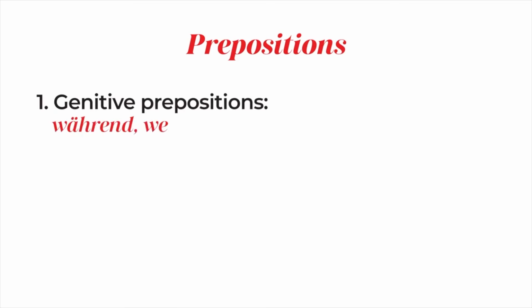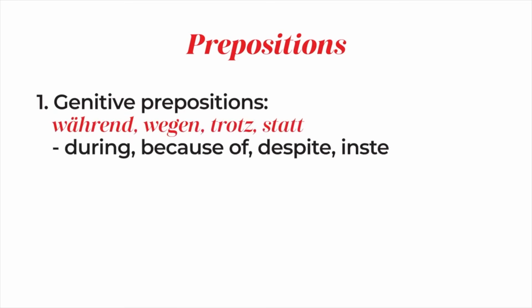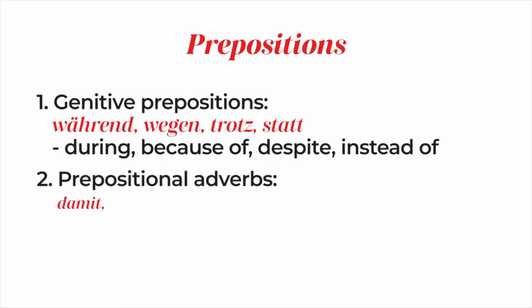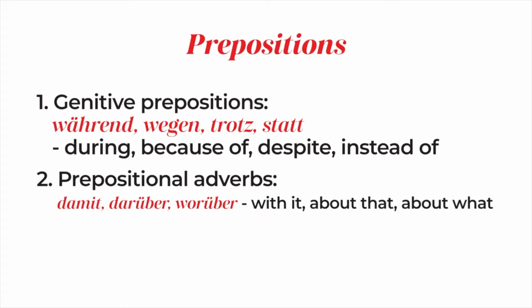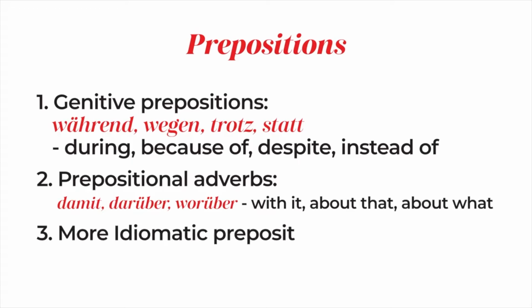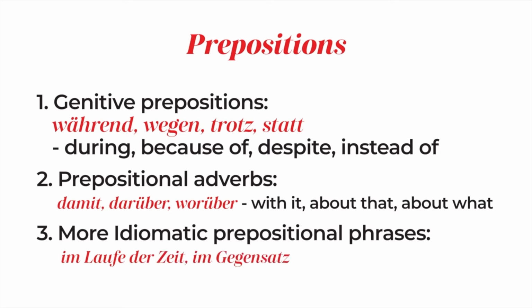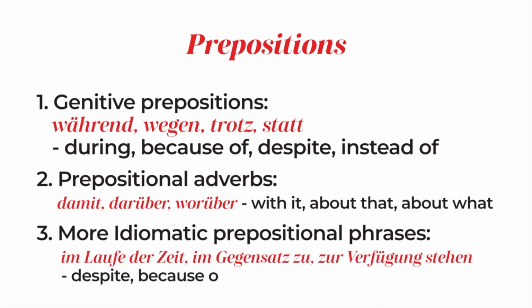Prepositions. The genitive prepositions während, wegen, trotz, and statt or anstatt. During, because of, despite, and instead of. Prepositional adverbs like damit, darüber, and worüber, with that, and about what. More idiomatic prepositional phrases. Im Laufe der Zeit, im Gegensatz zu, zur Verfügung stehen, over time, as opposed to, be